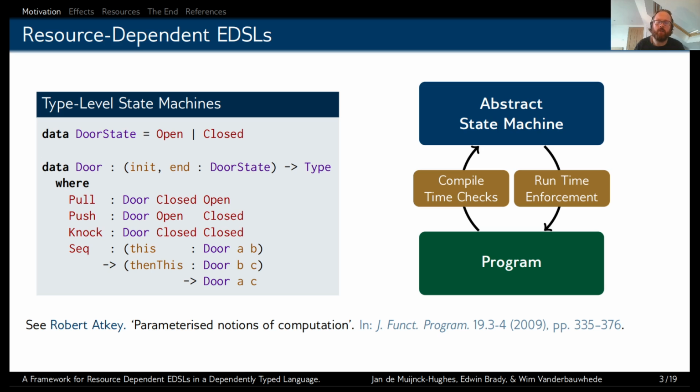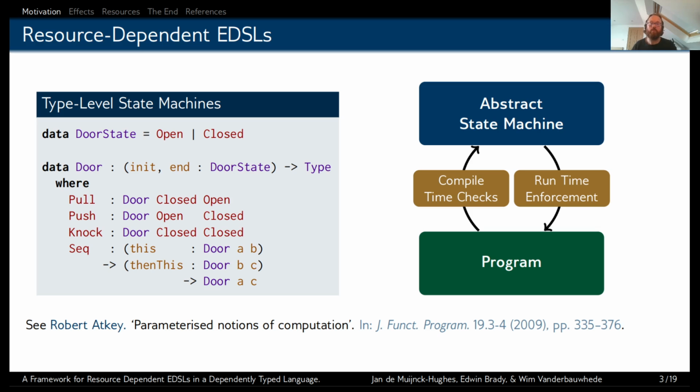In this example, doors are either open or closed, but they could also be jammed, but we don't look at that here. We can use the language's types to capture this state and associate each expression with a particular state change. For example, pulling on a closed door transitions it from being closed to open. Conversely, we can only shut an open door by pushing it shut. And we can only knock and close doors. Thus, our expressions here denote lawful transitions, lawful interactions, and sequencing of expressions ensure states are propagated correctly throughout the